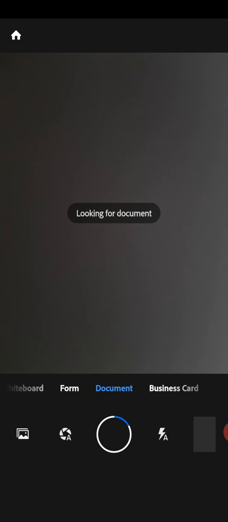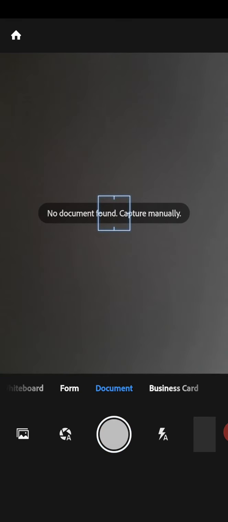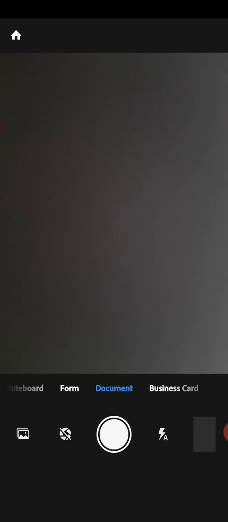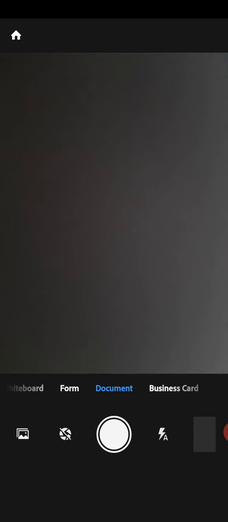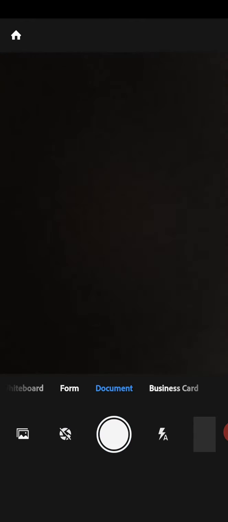When you take a photo, make sure this option is on document. One more thing is that it will automatically take the image of the notes. By clicking this option you can turn off that facility. So if you want it to take automatically, you can untick this one, and now it will take automatically. If you want to take the photos manually, you click this button, then it will stop. The automatic facility will be off. Okay, now first we have to make three changes before taking.